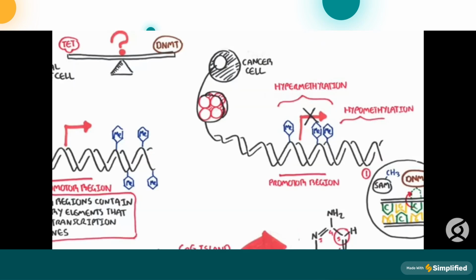For example, we have a cancer cell in which hypermethylation or hypomethylation has occurred. Methyl groups are added at a wrong region which we don't want to be transcribed to form a specific type of protein. So if that sequence gets translated or transcribed, an aberrant protein can be formed, and that aberrant protein mass causes the cancer cell.